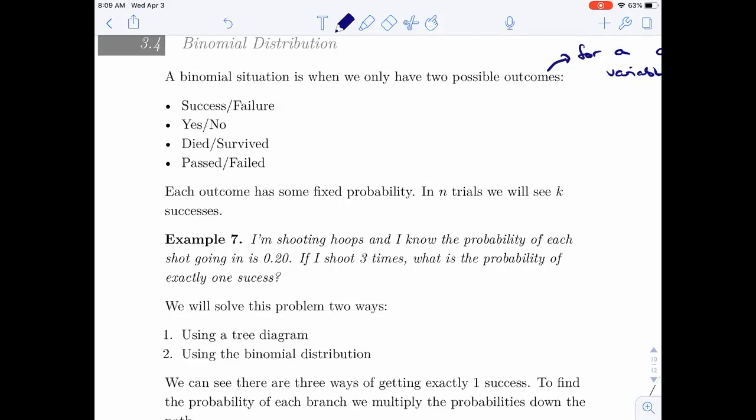The binomial lets us deal with N trials, okay? And we're going to talk about K as the number of successes. Okay. So for example,